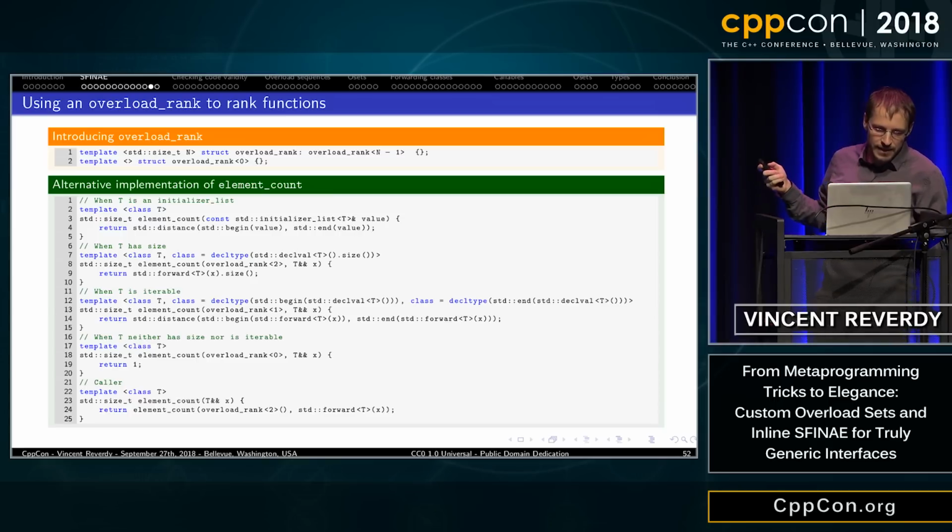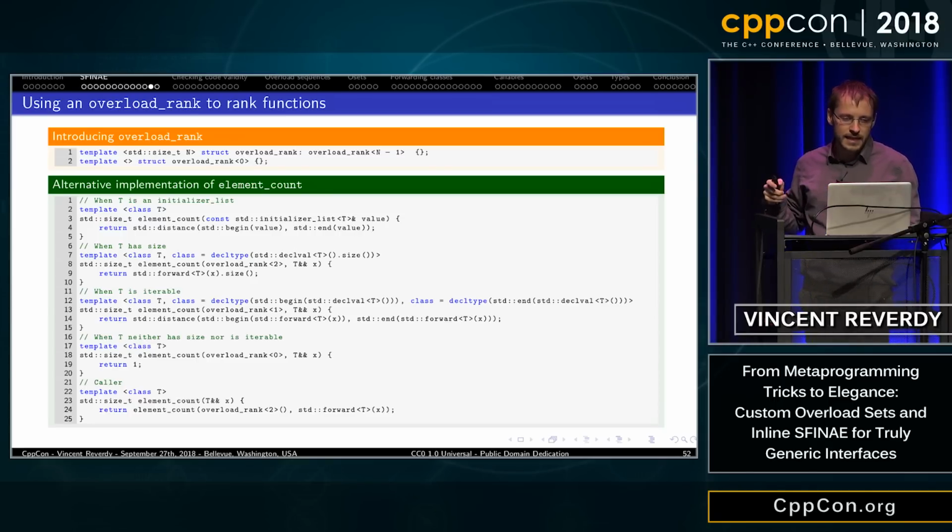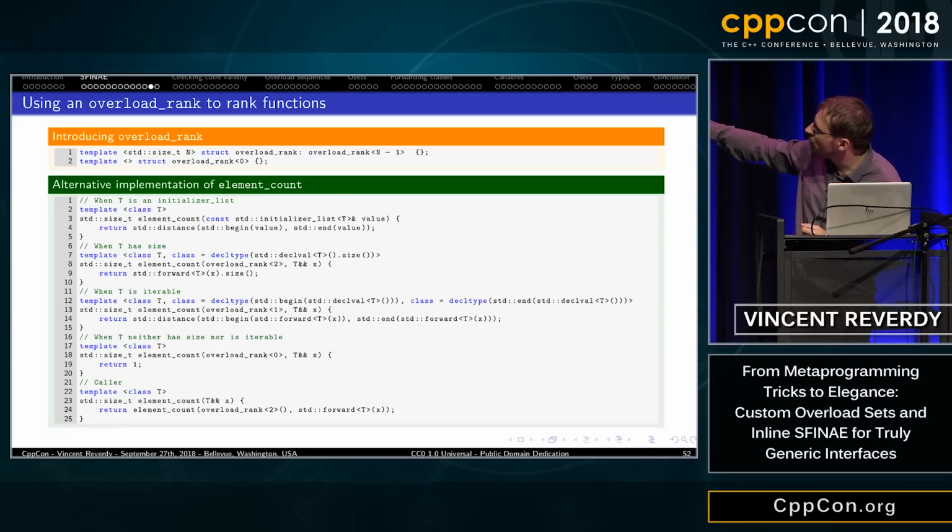So in that case, what we do is that I have the 3 versions. The most refined version has an overload rank of 2. In that case, I call size. If it has an overload rank of 1, I call std distance. And by default, it returns 1.